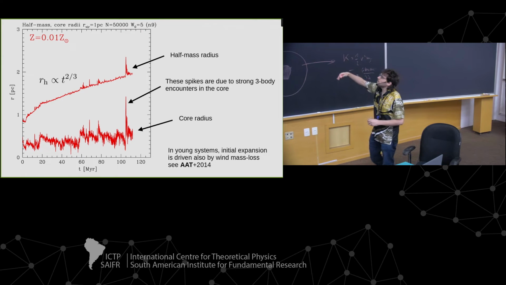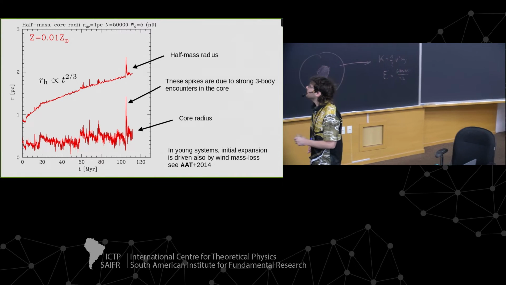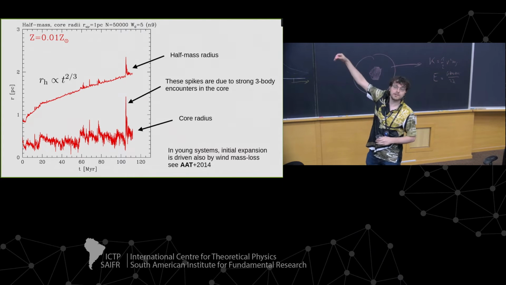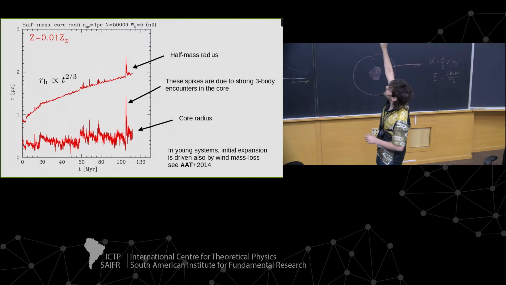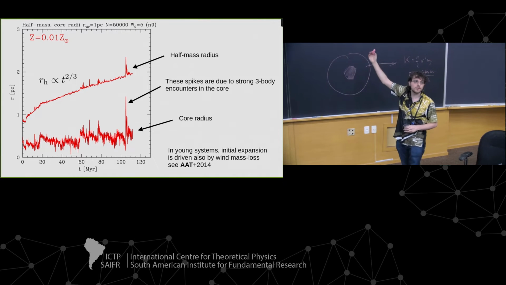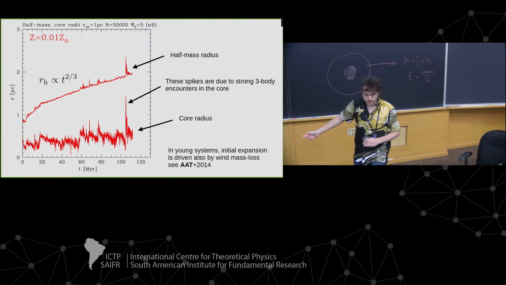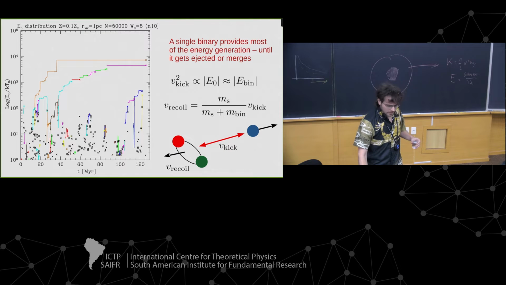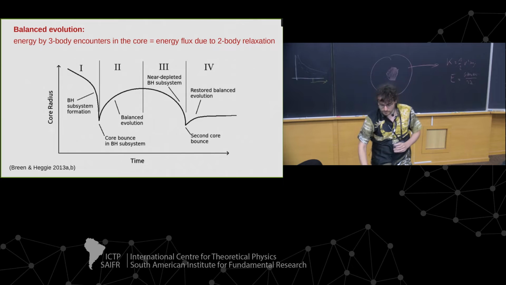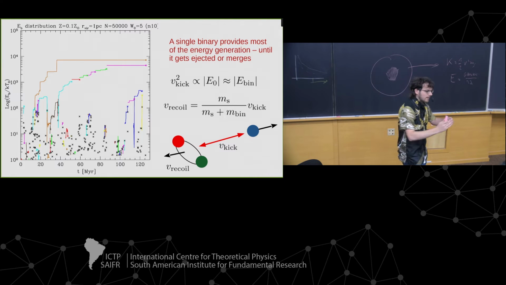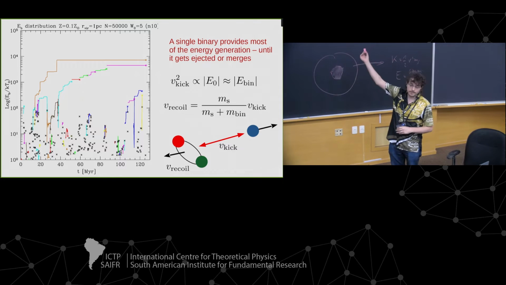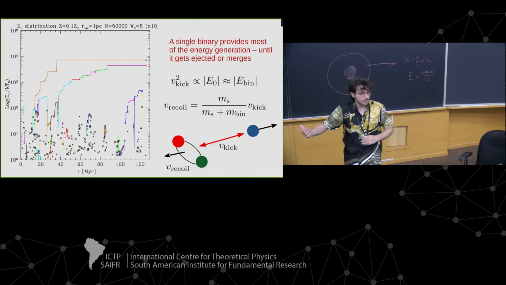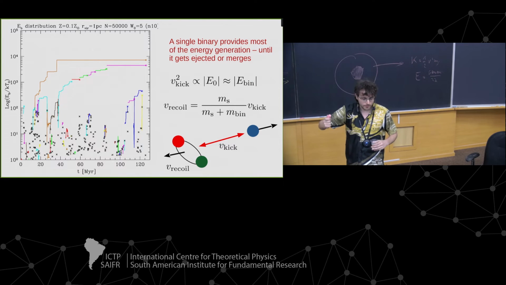What you see is exactly the gravothermal instability and the core collapse that proceeds. Then you have these oscillations powered by three-body and few-body encounters, while the halo expands due to two-body relaxation. And this is a sort of equilibrium. Eventually, you tighten up all the binaries until they get ejected or they merge. And if a binary gets ejected, you immediately form another one if the halo expansion requires energy from the core.